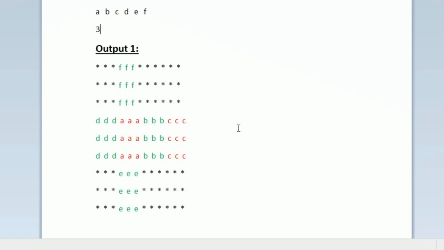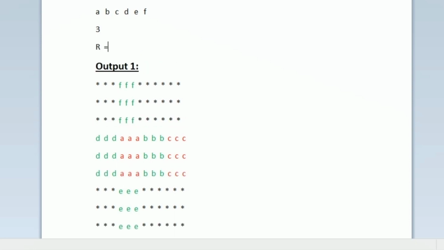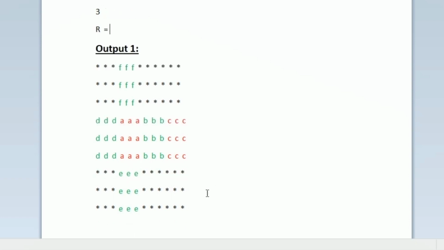So first, let us calculate the total number of rows and columns required. In this case, n is equal to 3, and the total number of rows in our output is 9, which is nothing but 3 into 3. So we can commonly say that the number of rows is equal to n into 3. Similarly, the columns. So here n is equal to 3, and we have 12 columns in our output, which is nothing but 4 into 3. So generally we can say that the number of columns required is equal to n into 4. So this is the size of our output matrix, n into 3, n into 4, R cross C.